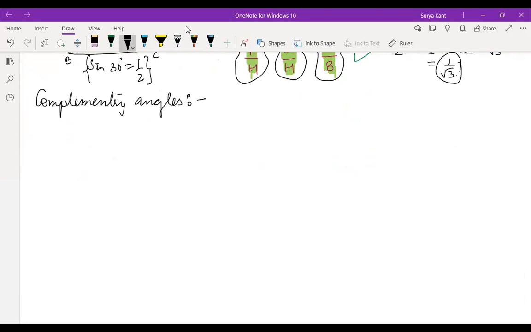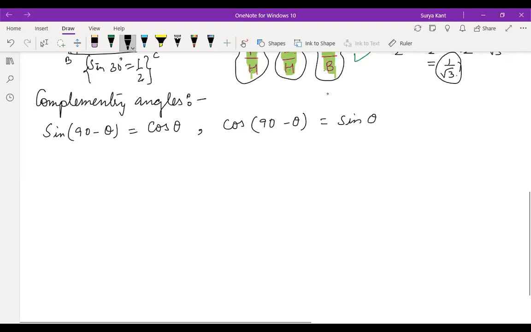So here sine 90 minus theta means the complement of sine theta. Sine 90 minus theta is equal to what? You should remember that two angles are complementary if their measures add to 90 degree, and supplementary if the measures add to 180 degree. Fine, it's correct, Ananya. Very good. So the next one, sine 90 minus theta is what? Cos theta. So the complement of sine theta is nothing but cos theta, and the complement of cos theta is nothing but sine theta.